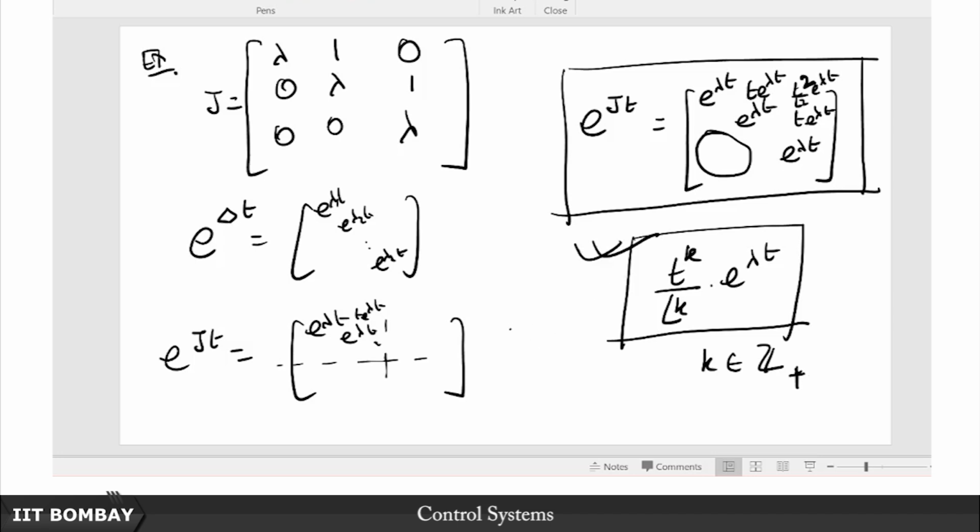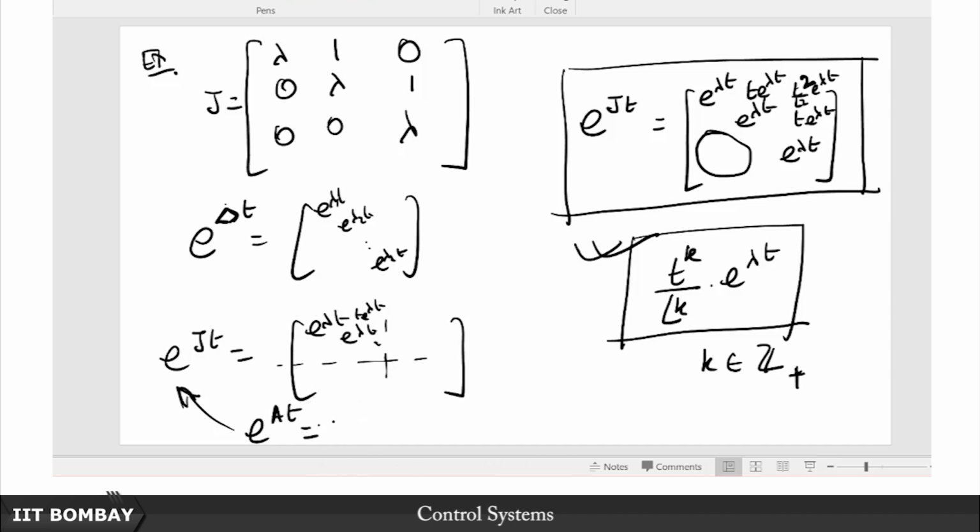So these are the only kind of terms that appear. Now if you want to find any arbitrary e to the at, you know that it is transformable to a Jordan form even if it is not diagonalizable. So if you want to find this, there is a corresponding Jordan form, and as I said, this diagonal form is a special case of the Jordan form after all. So whatever form you get, whether it is an exact diagonal form or you get the Jordan form,